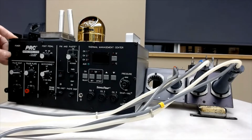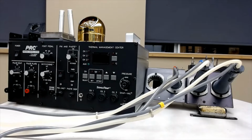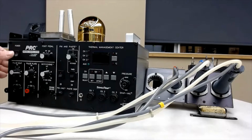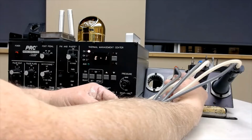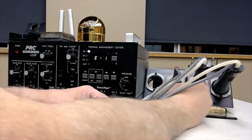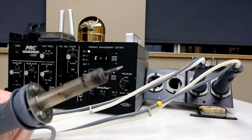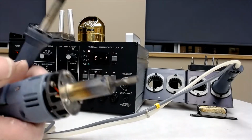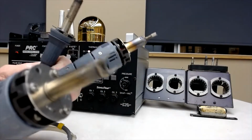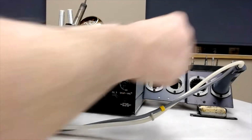So this is the soldering station that we're using in this course. It's a PACE process control system, pretty high end. So basically, turn it on, this power's up over here. There's up to 3 channels, so I've got a couple of soldering irons on here that you can use. One is a fine point soldering iron. This one here is an air blower for blowing hot air. And this one is for picking up chips. So there are different tips on here